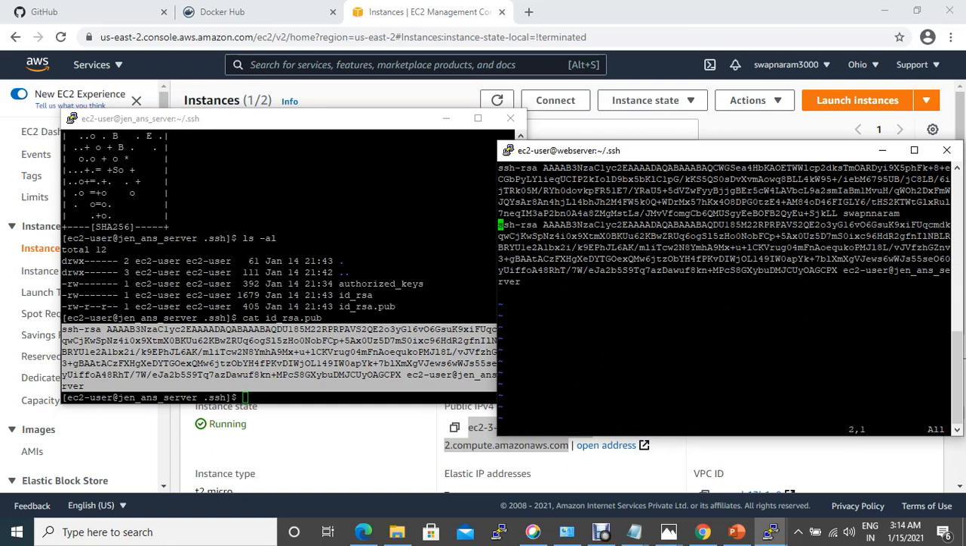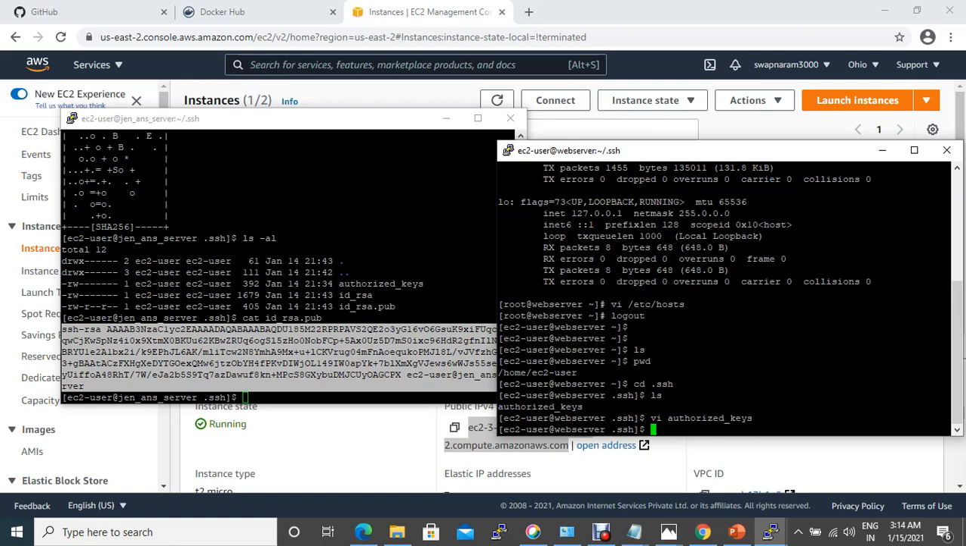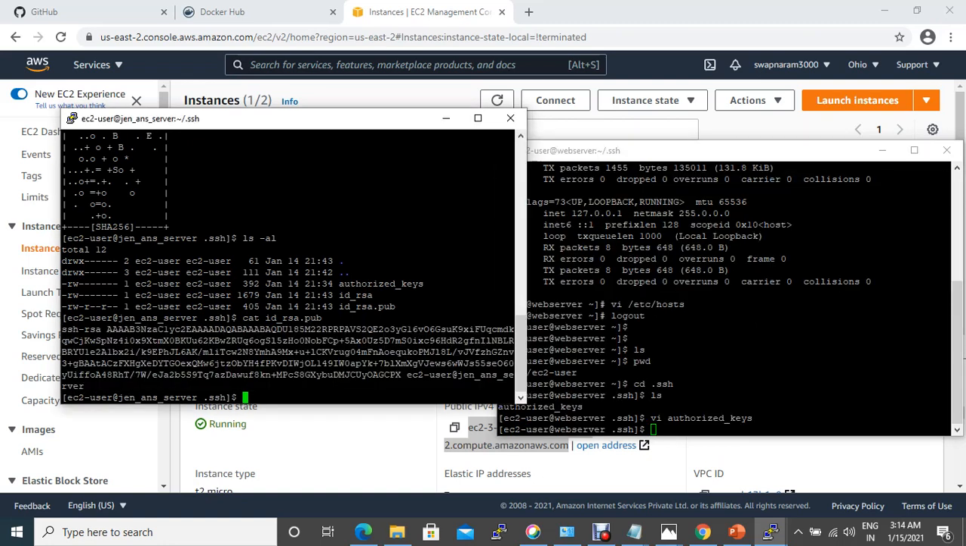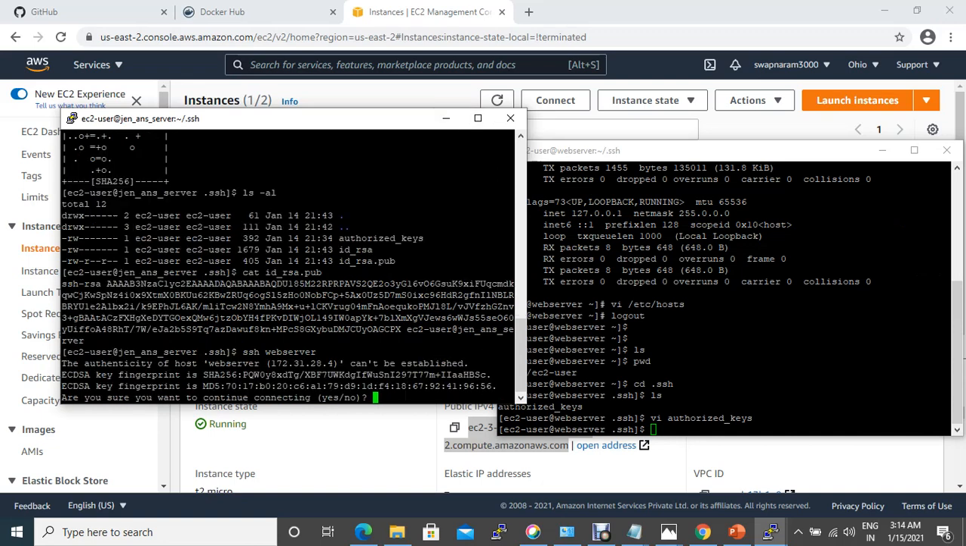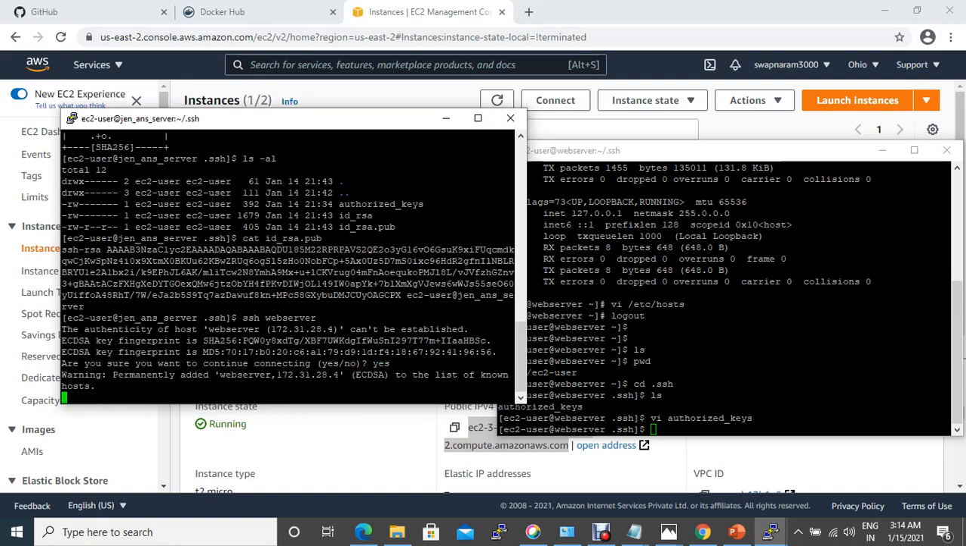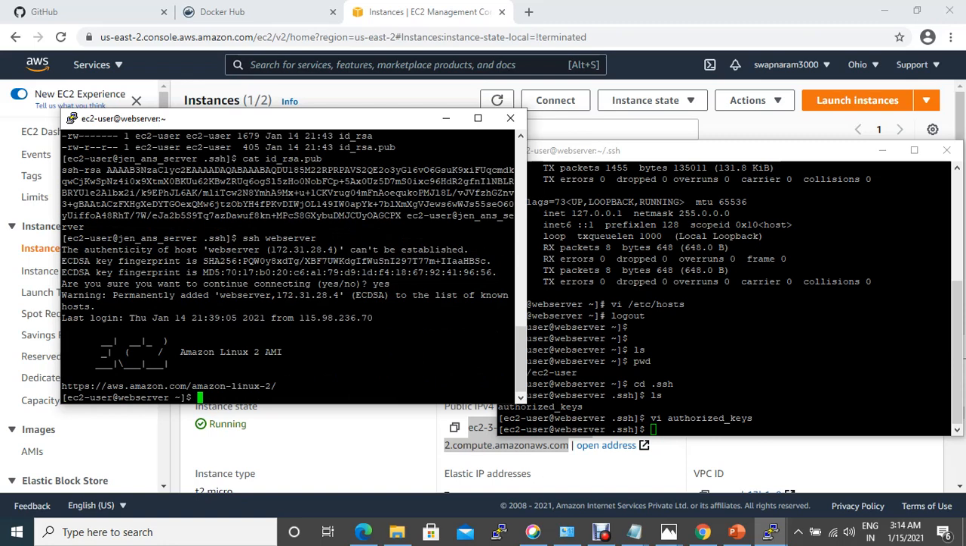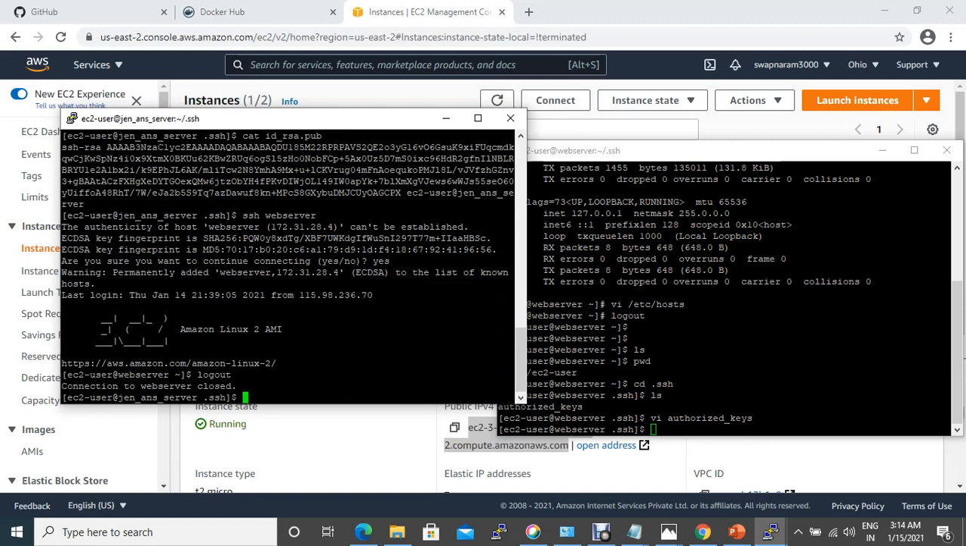Okay, so let's do ssh web server. We're trying to do SSH from this server to this server, and it should not prompt for the password. Okay, yes. So we're on the web server. Okay, so that's good. Let me come out,